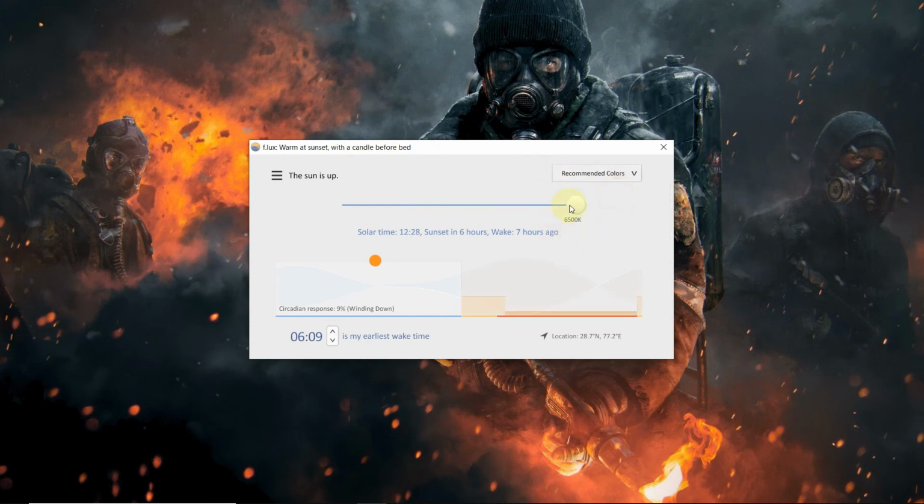When you move the slider left and right, the blue light filter automatically comes into action. And the lower Kelvin you go, the more effective the blue light filter would be. So you can also disable it, or you can have it start automatically when you start your system.